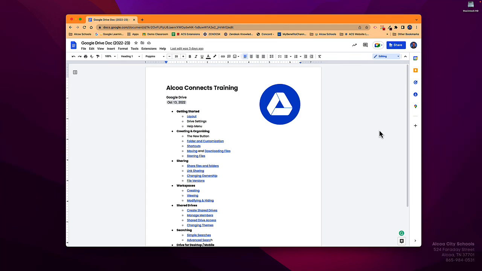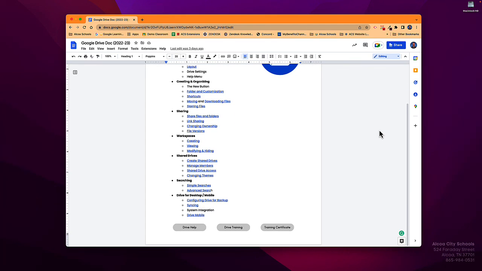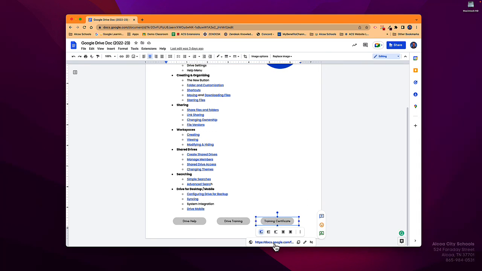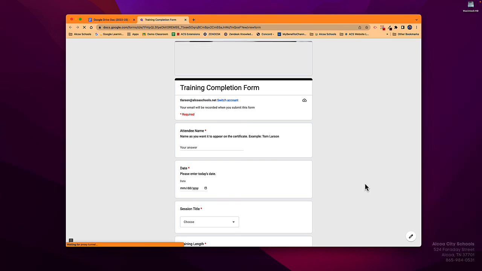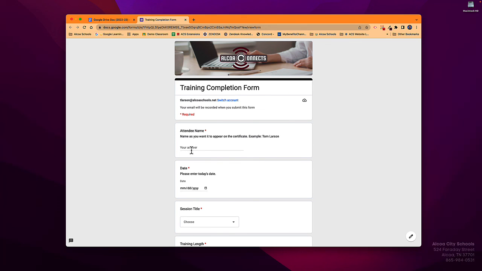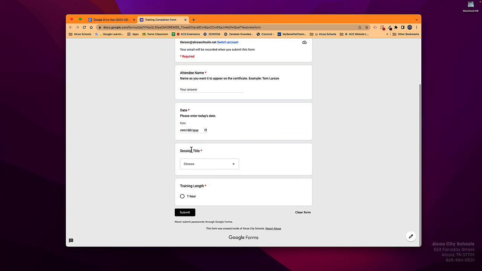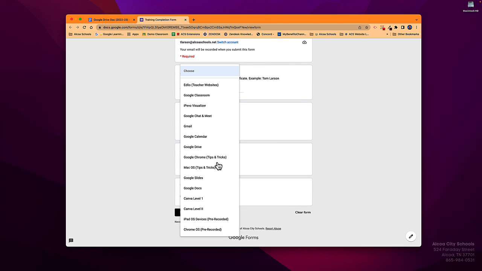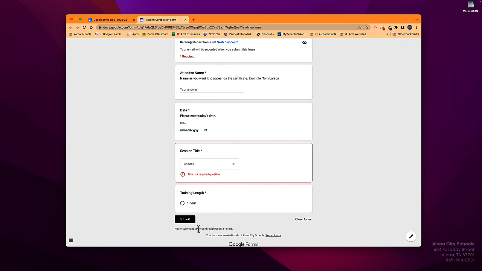Okay, here we are. So go back to the resource dock, if you would, and down at the bottom, you're going to see the training certificate. Go ahead and click that link, if you would, and then it will take you to this form. Go ahead and enter your name, the date of this training, the session title. This, of course, is going to be Google Drive. Select 1 hour, click Submit. Once you've done that, it will send you a PDF certificate with your name on it, and you'll have 1